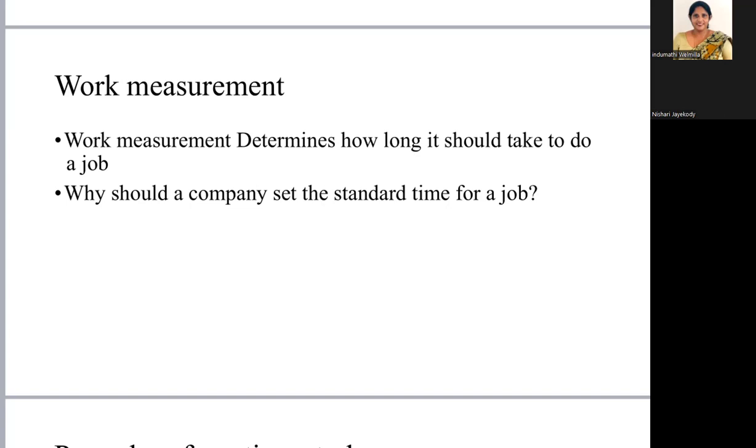So instead of timing the labor to build a single unit, companies typically use a standard labor cost. To do this, they multiply the standard labor time by a given hourly labor cost to determine the direct labor